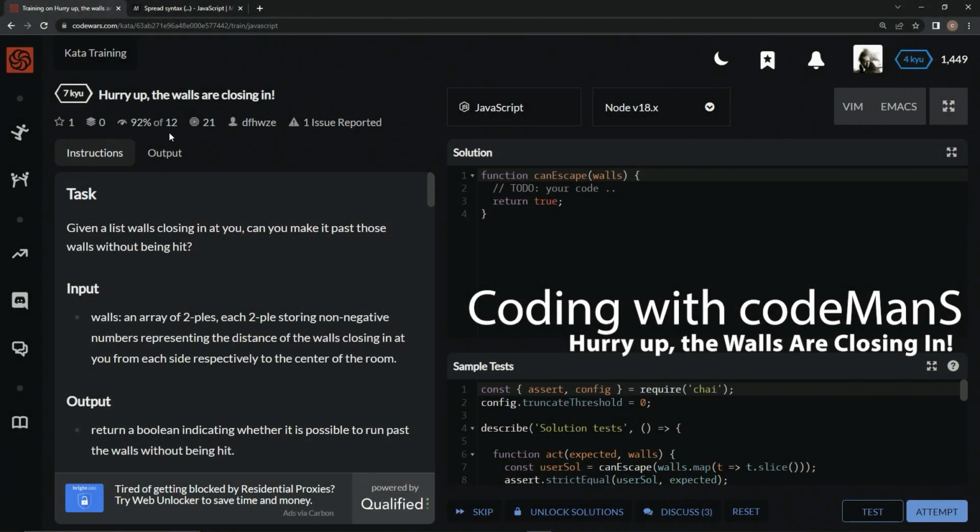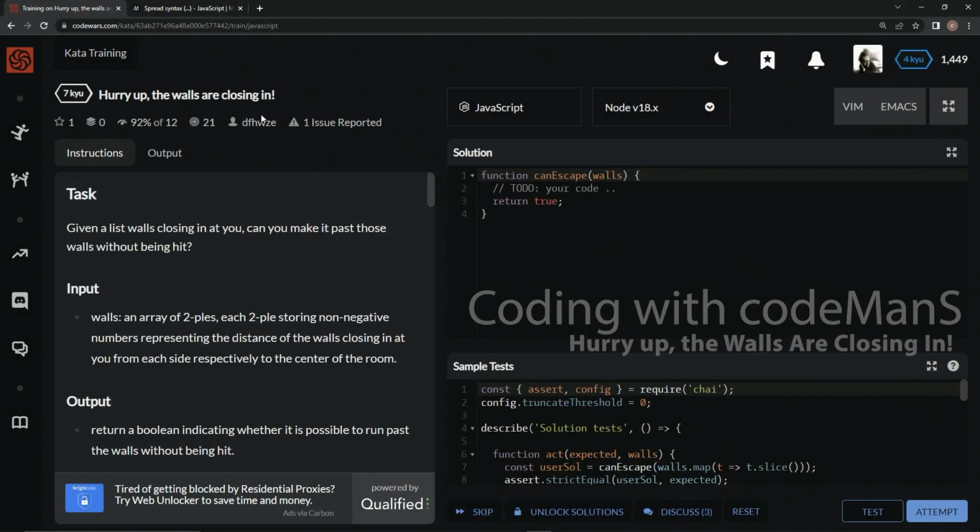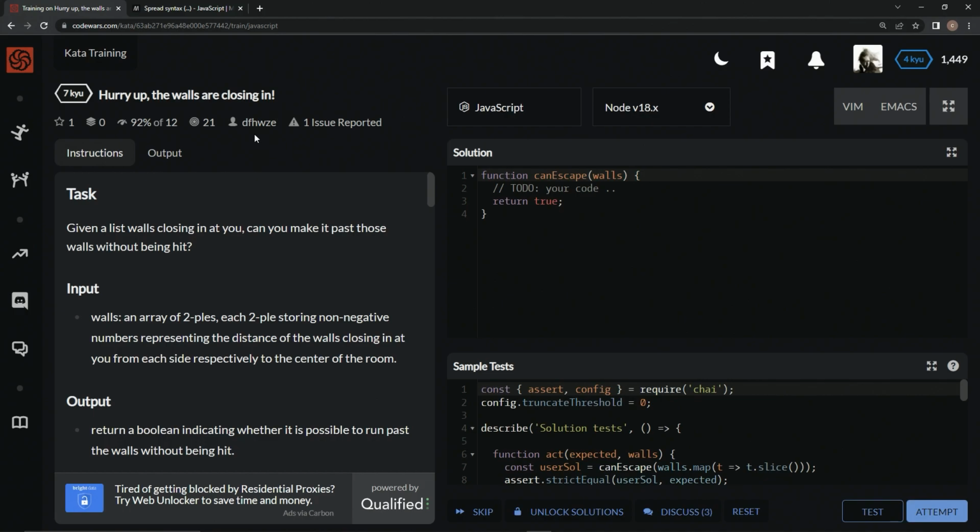All right, now we're doing 7Q. Hurry up, the walls are closing in. This is by DFHWZE, and 92% of people like it. So, given a list of walls closing in at us, we're going to see if we can make it past the